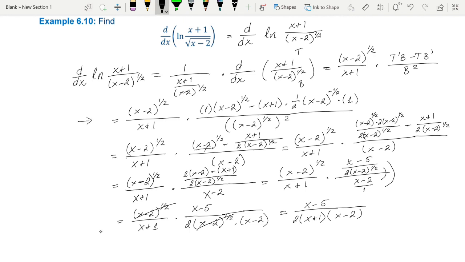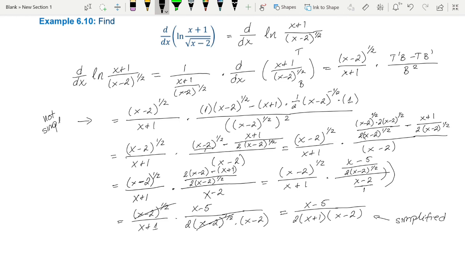Now, let me make a note that this was the derivative. So, we could have stopped there, but that was nasty looking. And so we had to do some serious algebra to get that looking in its simplest form. And you would probably agree that x minus 5 over 2 times x plus 1 times x minus 2 is much simpler. So this is the simplified form of the answer,